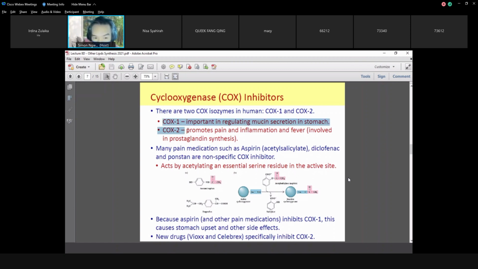Okay, you stop the pain, but at the same time you also stop the protection. Which is why, without this protection, if someone eats something, then sometimes after taking this, they will have some stomach discomfort. It causes stomach upset and other side effects normally related to your gastrointestinal system. This is mainly because of the non-specificity of this COX inhibitor, which is your aspirin, your diclofenac, and this kind of painkiller,